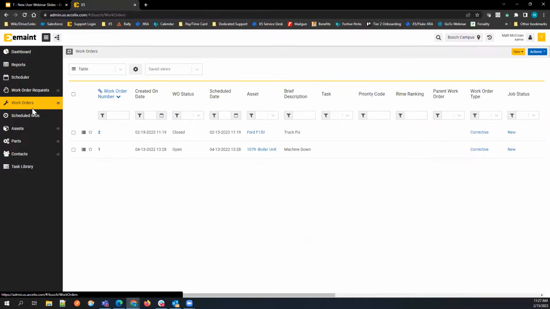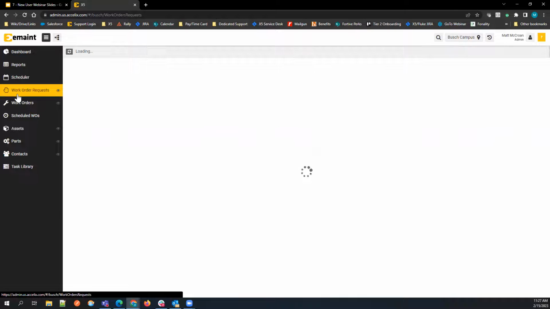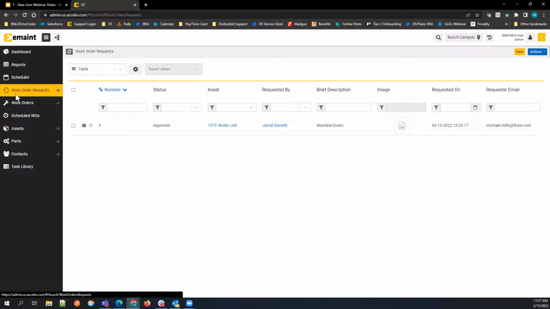All right, another way you can create work orders in the system is via work order requests. So a work order request is where you have a request user that has the ability to just put in a work order request, and you don't want that person to have the ability to just go in and create a work order as needed. You want those work orders to be approved beforehand, because